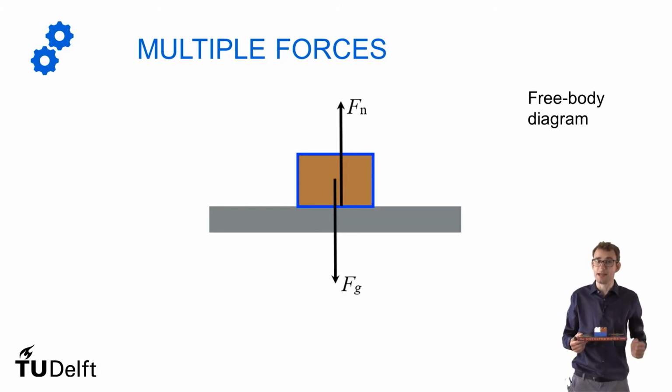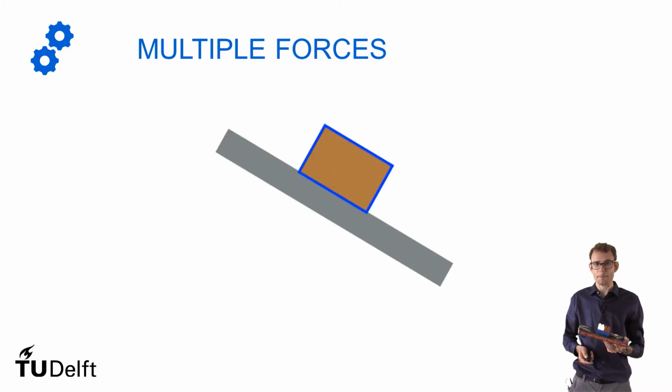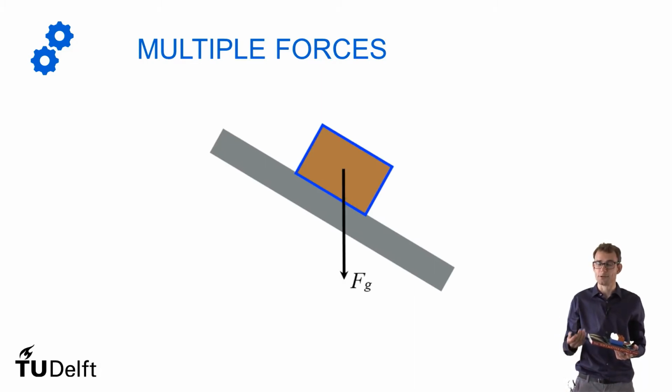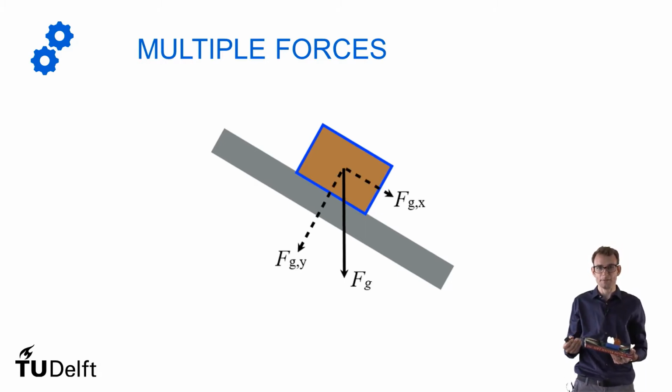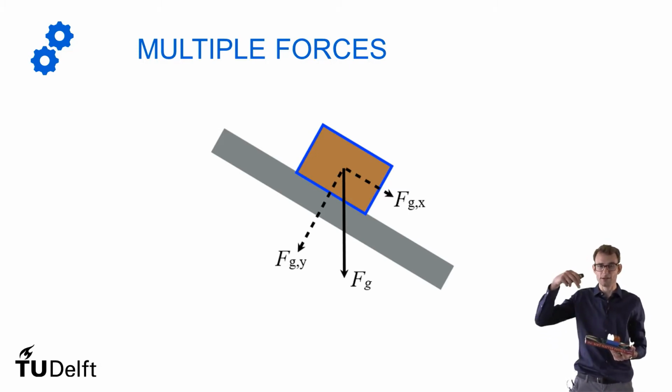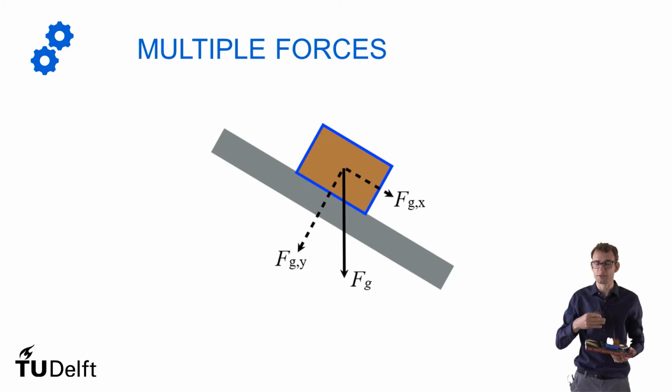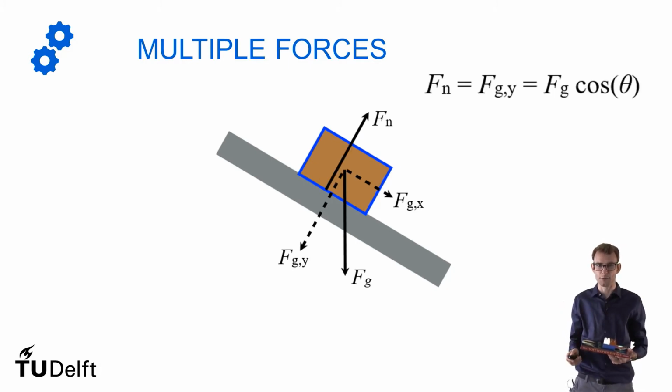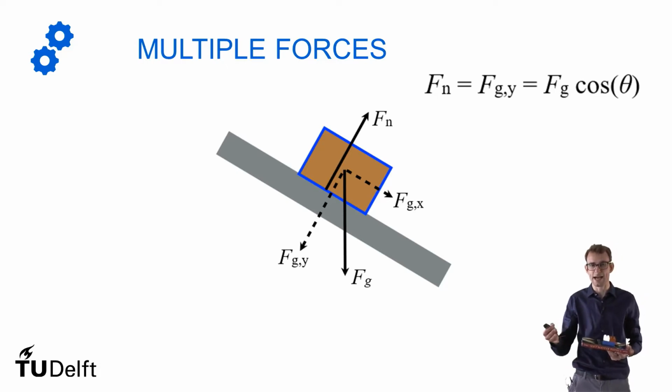Now, this is still a rather one-dimensional situation. But we can very easily make it multidimensional by simply tilting the book. Now, the force of gravity is still pointing down, but the normal force is no longer pointing up because perpendicular to the surface is now under some angle. So if we want to know how big the normal force is, that's only the component of gravity that's pointing towards the surface. So we have to decompose the gravitational force and find the component that's perpendicular to the surface, and that will give a reaction force, which is the normal force.